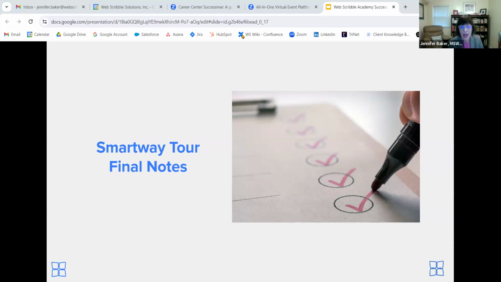And we're going to be doing a tour of the latest version of Smartway. We know that some of you may see something on our screen during the tour that you're not seeing on your own screen. So again, don't worry. Just put that information in Slido or chat. Somebody will troubleshoot. So that's it. I am going to stop sharing now and turn it over to Rick, who is going to lead the tour along with Ben. So experts, please take it away.